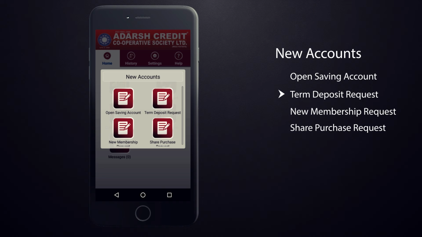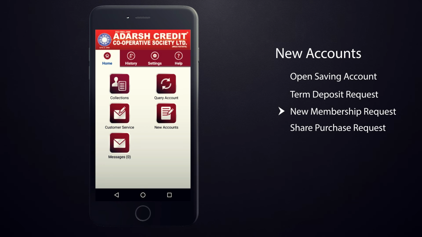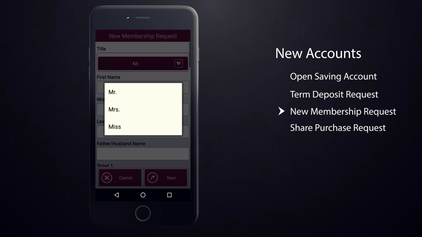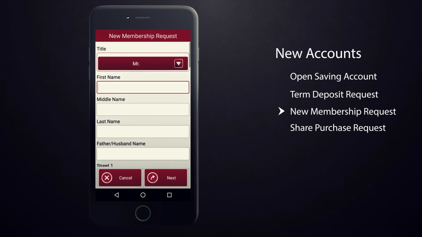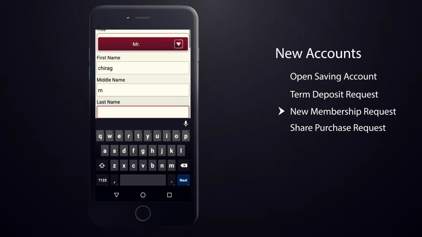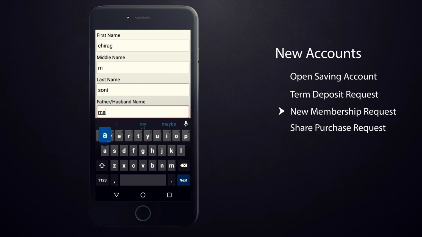To initiate a new membership request, tap on the New Membership Request. Select a title. Enter first name. Enter middle name if available. Enter last name. Enter father or husband's name.